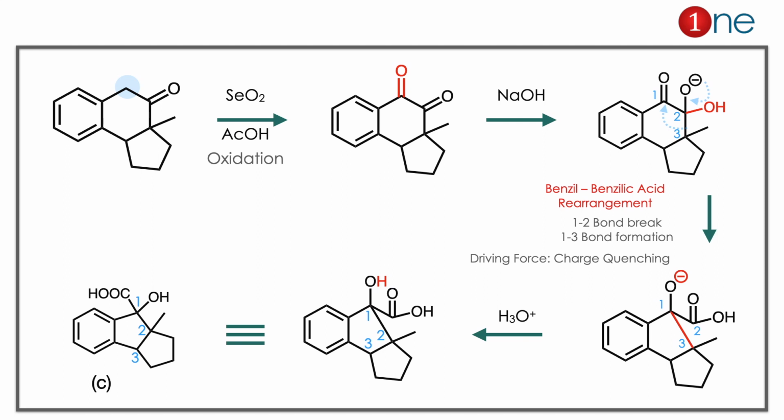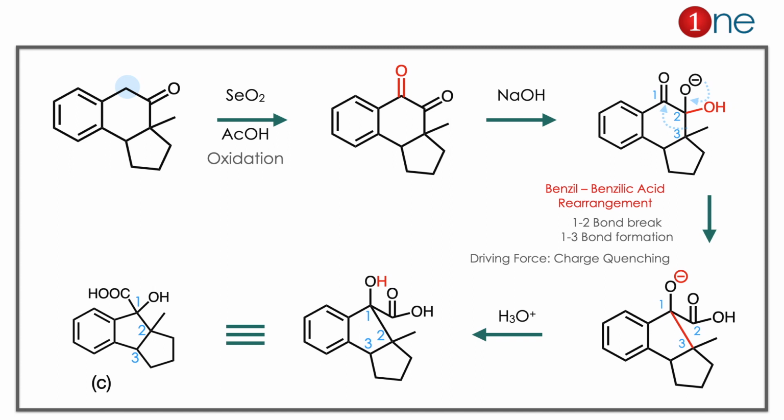What really happens is that OH attacks the second carbonyl because of its high electron deficiency. OH attacks the second carbonyl. It's a stable product formation. The first carbonyl attack is possible, but it is reversible. If you are interested, you can draw it separately and try yourself because it's attached with benzene. The breaking of the bond is not that easy because you have to break the benzene and carbonyl carbon bond. So you have the shifting of the third bond to the first bond because you have to balance the charge and valency. So what really happens is the 1,2 bond breaks and the 1,3 bond forms.